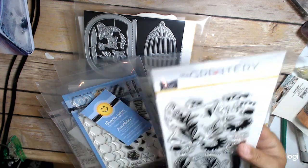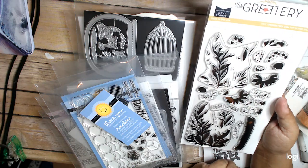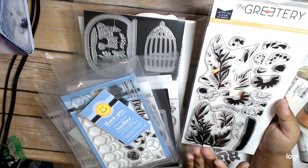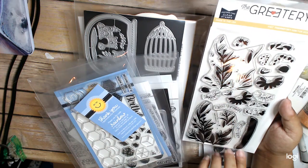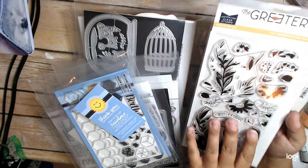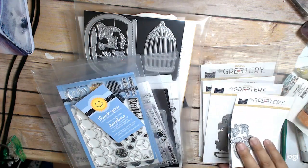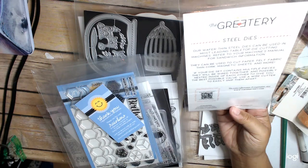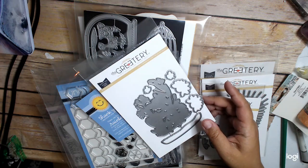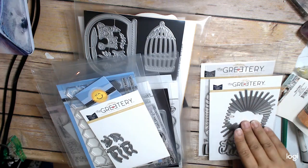We have the container garden. This fits in the jar. It's got directions on how to line everything up so that everything lines up good. You've got your dirt, you've got all your little pieces, and it does make something really beautiful. So I did get that. And then there is a container garden die, so if you wanted to use this stamp on something else as well. Then we also have this,